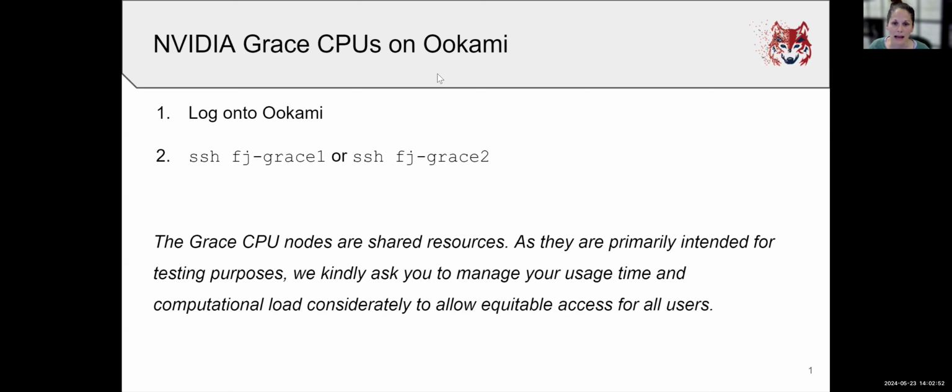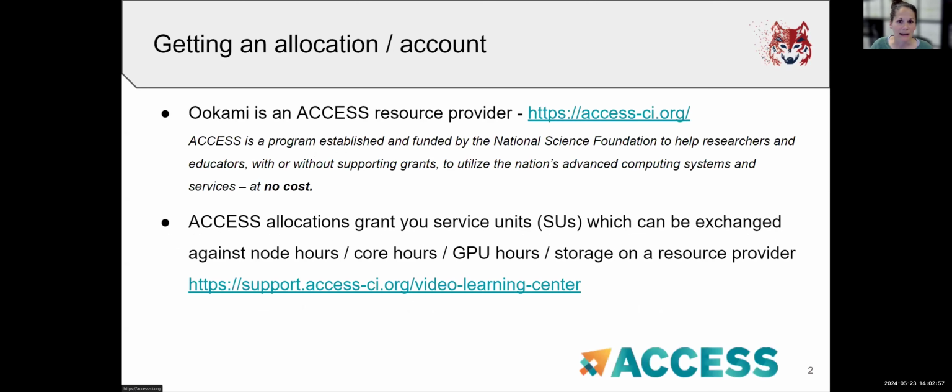Since we also have a few people in the webinar who don't yet have an Ookami account, as a reminder, if you want to get one and start using the system, you're very welcome to do that. We are an ACCESS resource provider. If you want an allocation on Ookami, you can just go to access-ci.org and ask for an allocation there. As a reminder, there is no cost associated with that. You can apply for an allocation, starting with an Explorer allocation. Normally you get a response within 1 business day,